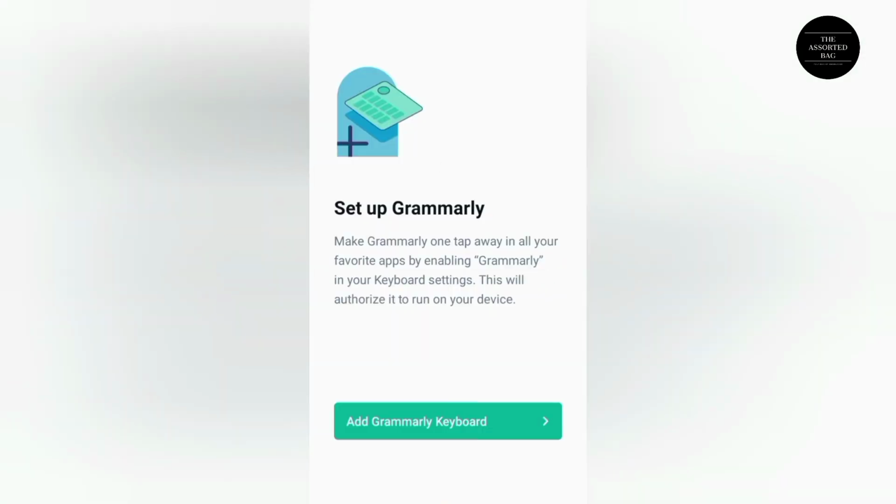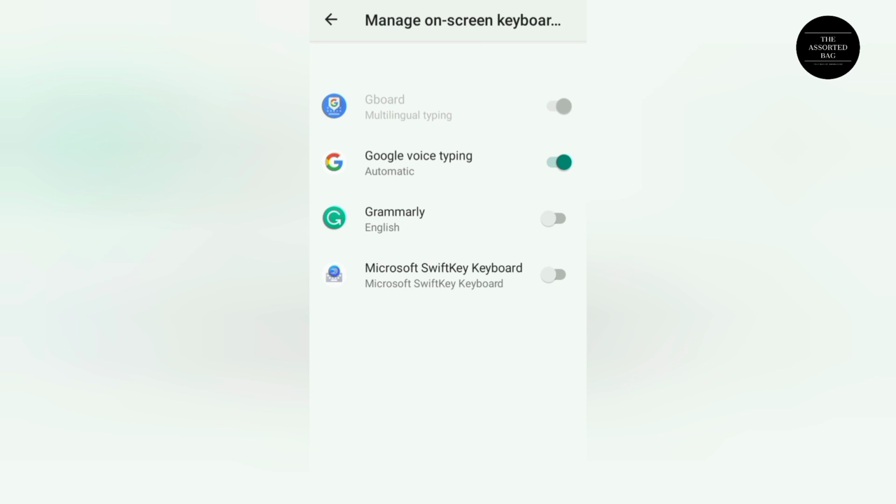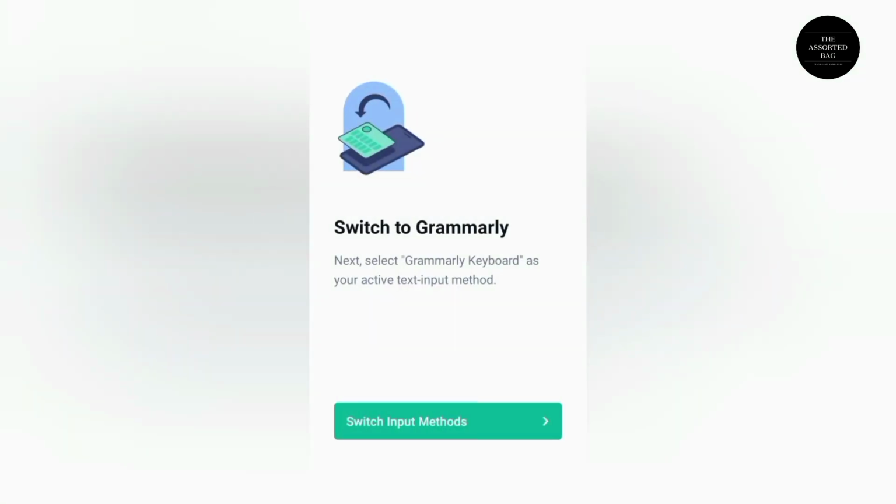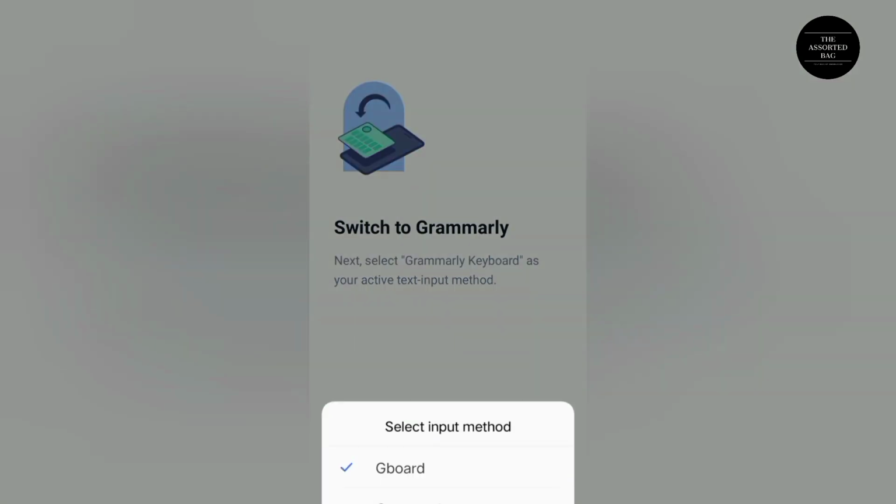This is the page that you reach once you have logged in, and you need to customize the Grammarly keyboard according to your convenience at this point. Make use of the settings and set it up how you want it to be. So we have enabled the Grammarly keyboard at this point, and going forward your keyboard is changed to the Grammarly keyboard, and whatever you enter and type will be looked after by Grammarly and auto-corrected.